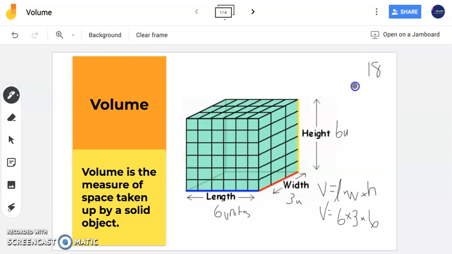I'm going to just write this on the side, which when we're solving today's problems, you will need scrap paper to do some of the math on the side. And we're simply just going to multiply here, giving me an answer of 108. So now here my volume is 108